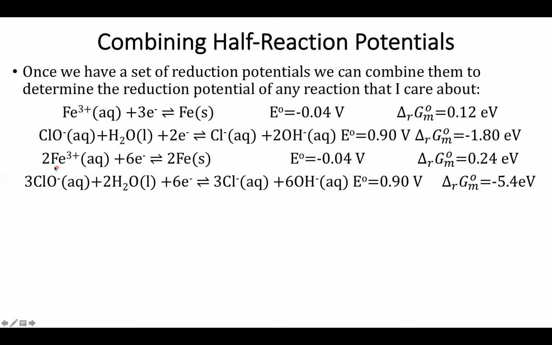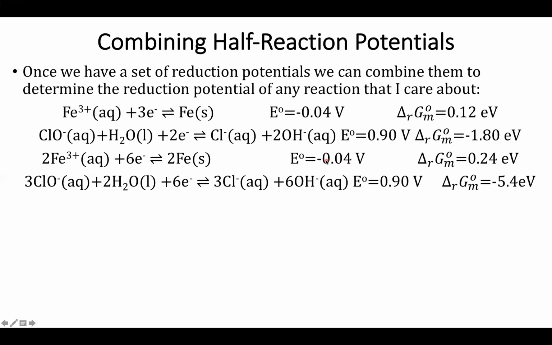So when I do this, we find that the reduction potential of the ferric iron remains at negative 0.04 volts. And the reason why here actually is fairly straightforward. Volts is how much energy there is per unit charge. Well, if the amount of charge changes, that doesn't change the amount of energy per that charge. And again, one of the good ways to think about this is the energy per electron. So my potential remains unchanged